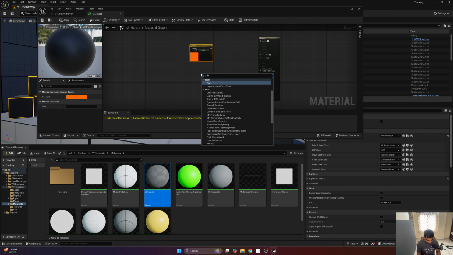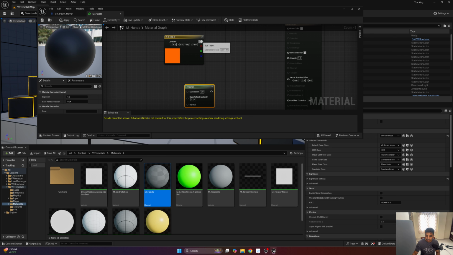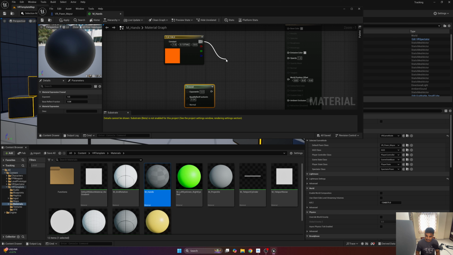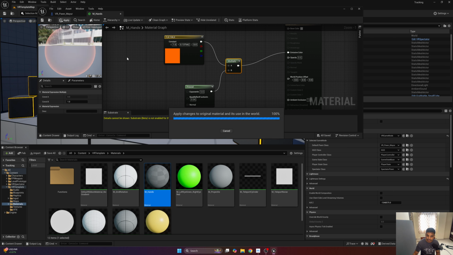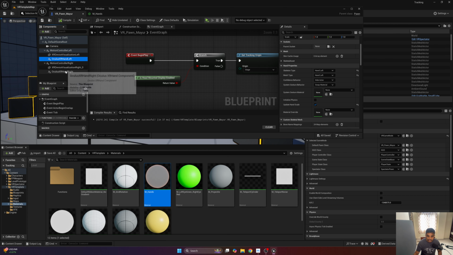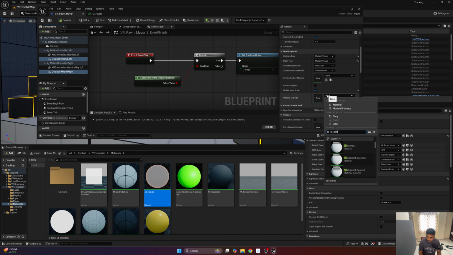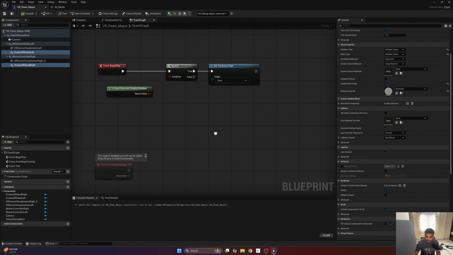Let's create a Fresnel and multiply the Fresnel with constant vector 3 parameter color, and also update the opacity as 0.5. I like that when it is 0.5. And now go to VR pawn, select both the hands, apply m underscore hands, and yeah,